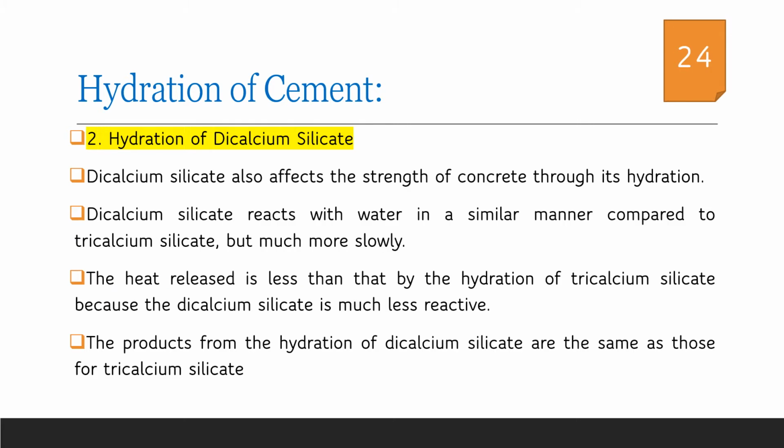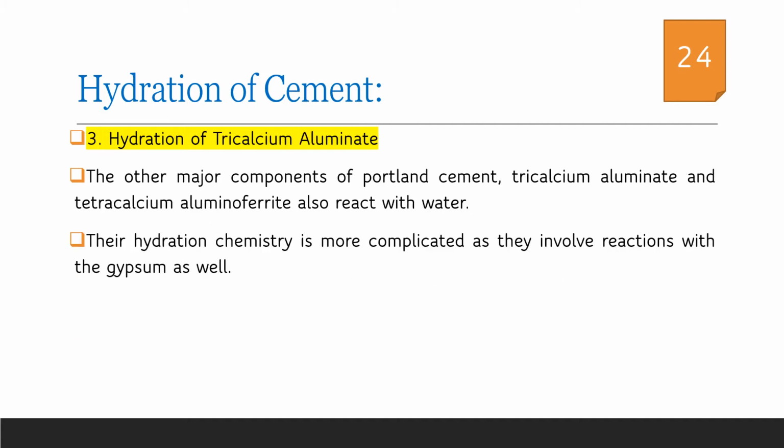So from the previous reaction studies, it is evident that both C3S and C2S have equal contribution towards strength, but when we are considering the heat of hydration, C3S is liberating more heat than C2S. In addition to C3S and C2S, the other two important components of cement are tricalcium aluminate and tetracalcium aluminoferrite. Aluminium oxides and iron oxides are added as ingredients to cement in order to reduce the melting point of calcium and silicon oxide from 1700 degrees Celsius to 1500 degrees Celsius.